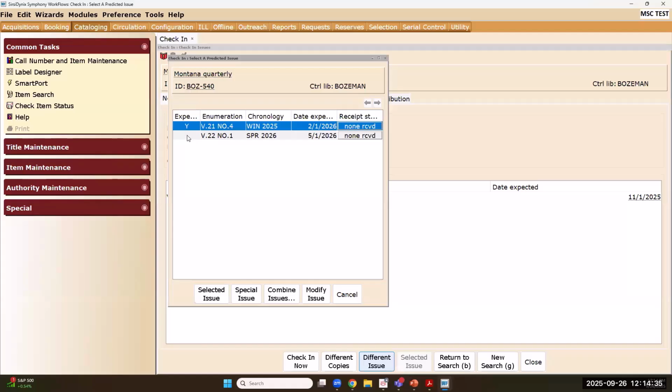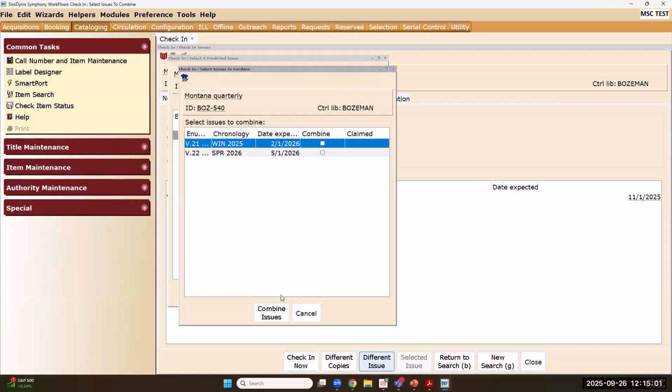So if I said, actually, I have the spring issue in hand, I could click this and say selected issue to check that one in. Or sometimes, well, not with the Montana Quarterly, but sometimes other periodicals, you may receive an issue that's a combination of multiple issues into one. And if that's the case, you could say combine issues, and it would ask you which issues do you want to combine into one. You would select them, say combine issues,